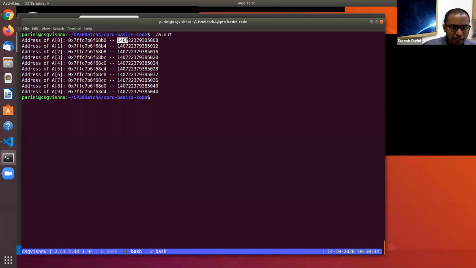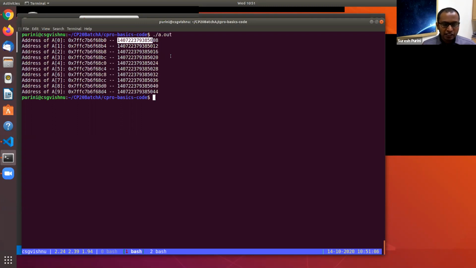Forget about the prefix, because it is the same for everything. If you just pay attention to the lower order 2 digits, the lower order 2 digits for the address of a of 0 is 8. For a of 1, it is 12. And for a of 2, it is 16.